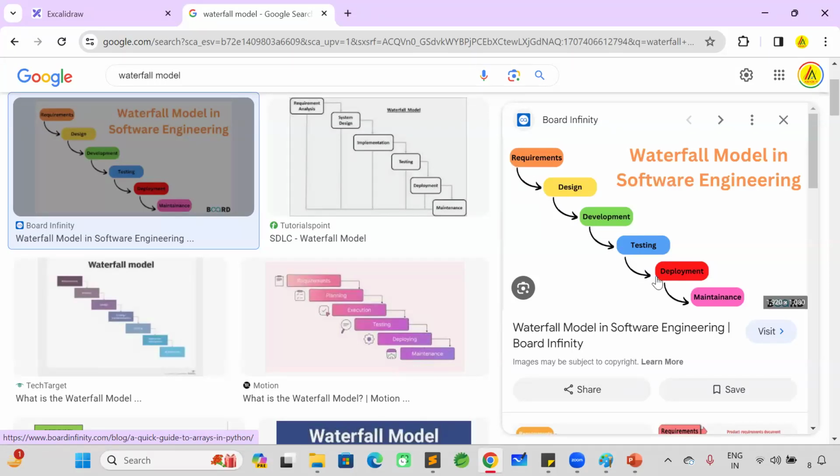But client is not happy. 2 years of time is wasted. Lot of money is wasted. So this is the biggest drawback in the waterfall model. I gave the requirement 2 years back for my business. Today they delivered this project. Whatever I have expected, it is not there. Then